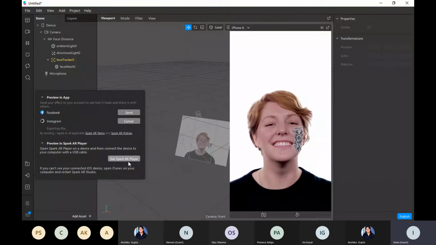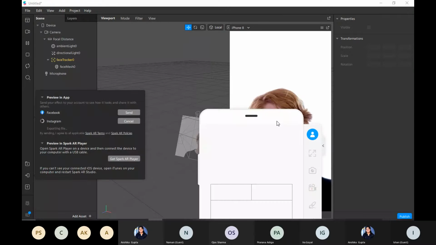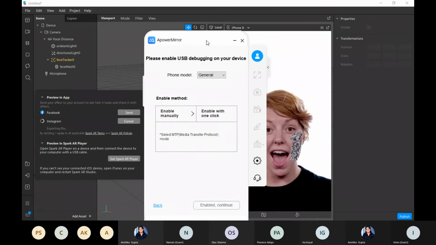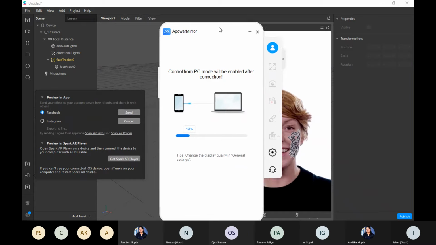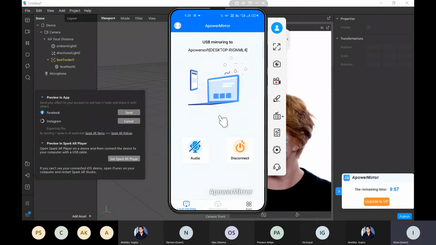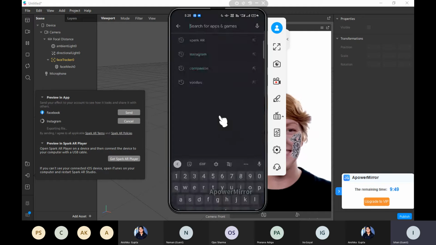Or you can just, yeah, you can see my phone screen, and you can just go to Play Store and search for Spark AR.